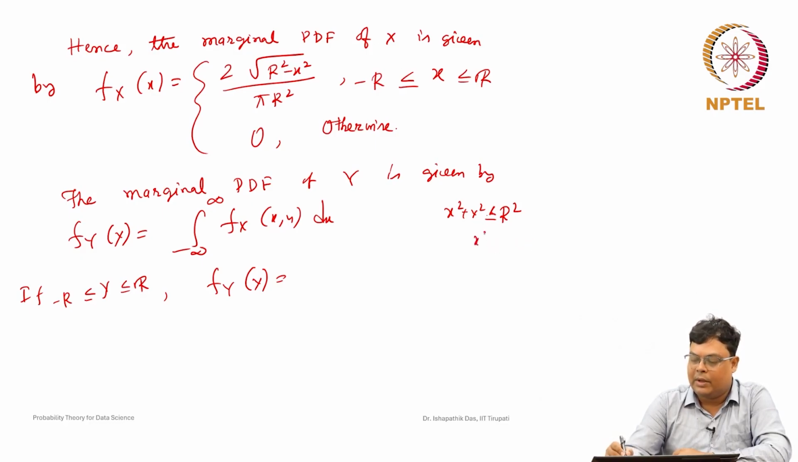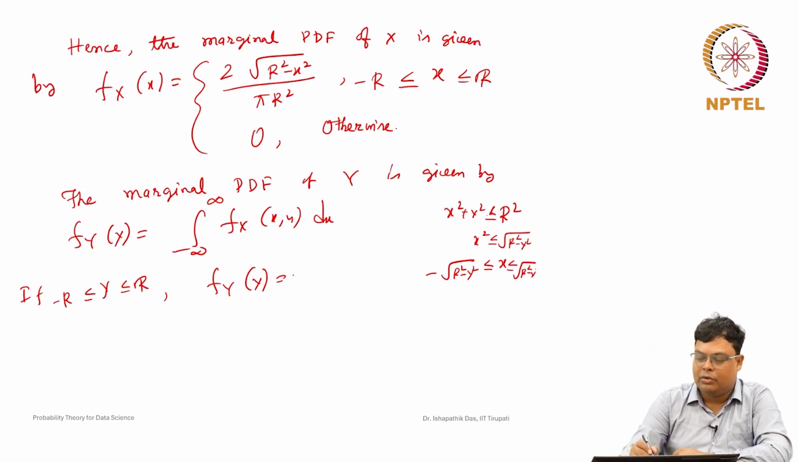So x square will be less than or equal to r square minus y square. Hence x will be greater than or equal to minus root of r square minus y square, and less than or equal to root of r square minus y square. So the limits are minus root of r square minus y square to root of r square minus y square, and the density is a constant 1 by pi r square,